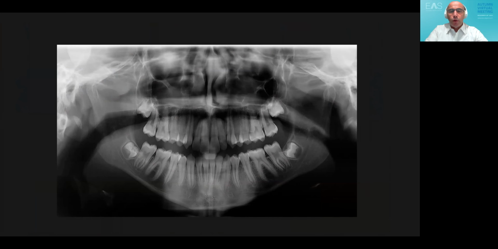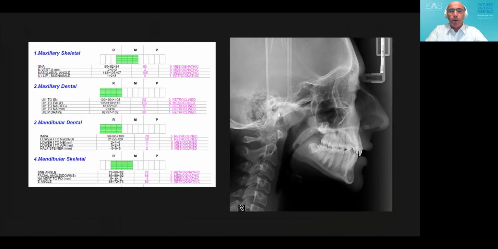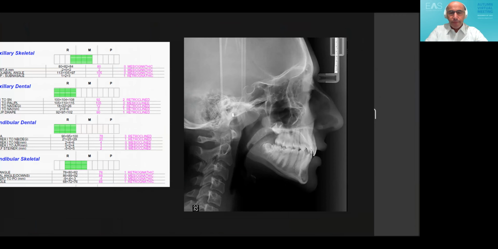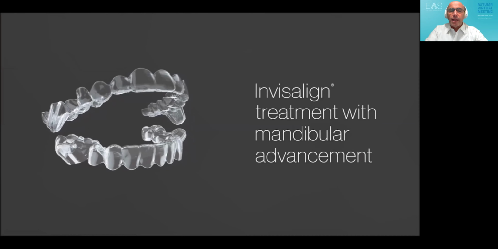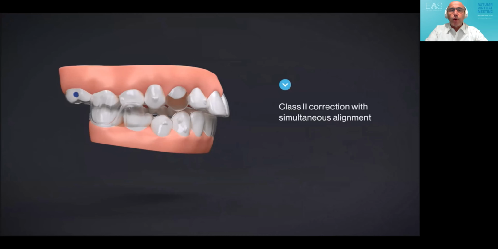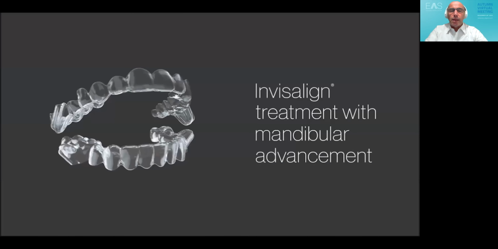She's 15 years old. You can see her cephalometric analysis. She has retrusion of the upper and lower incisors and class 2 skeletal malocclusion. I use here the Invisalign mandibular advancement tool, which is integrated into the aligners. I have plenty of cases, and again, this can be very nice for a future lecture for the EAS, which I think is very interesting